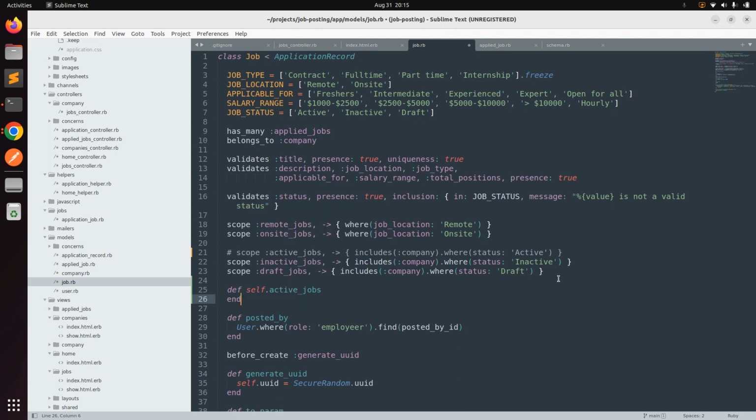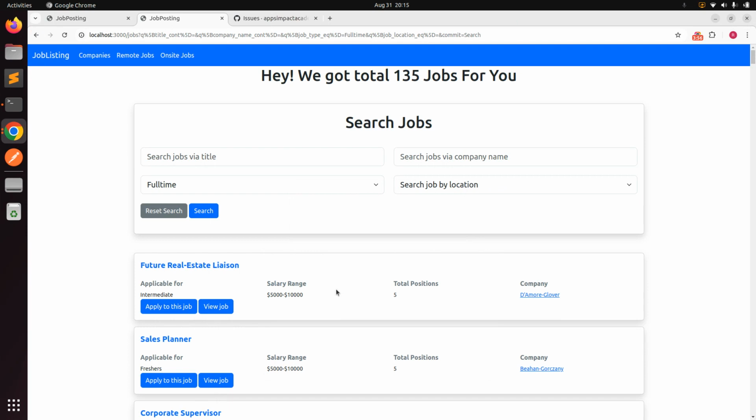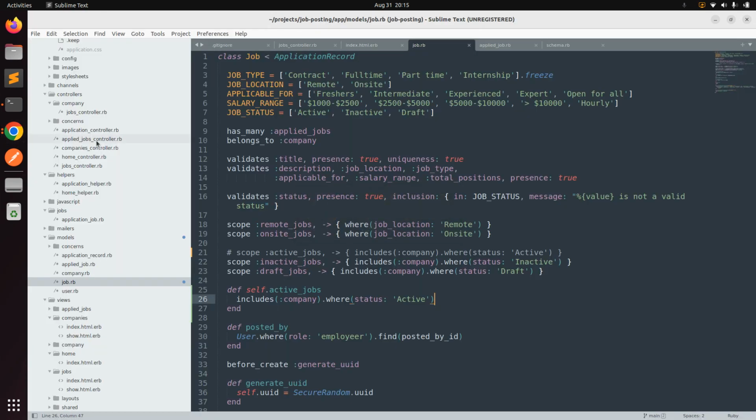Okay, and then end this method, and here in this method you can use this query. Just use this and paste it here. If you go to the browser, you can still see the same data. That means your query is working, or your class method is working, and it is returning the same data